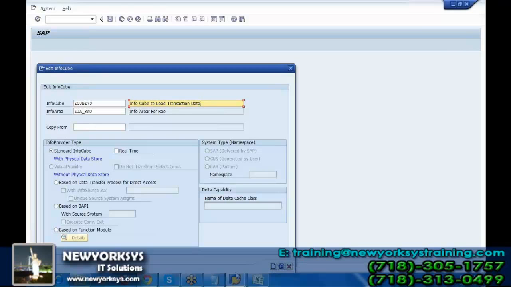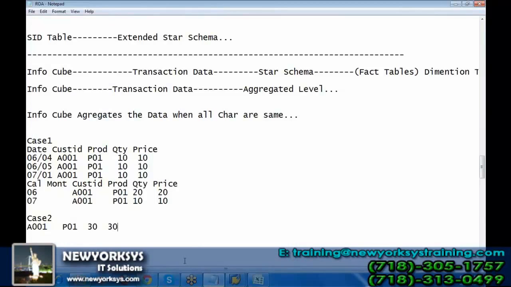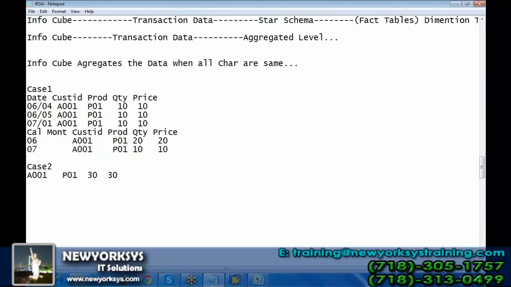Let's take a simple example. I have quantity and price, and I want to calculate net sales. This net sales can be calculated at the report level as well. This is a simple calculation, right? That can be done at the report